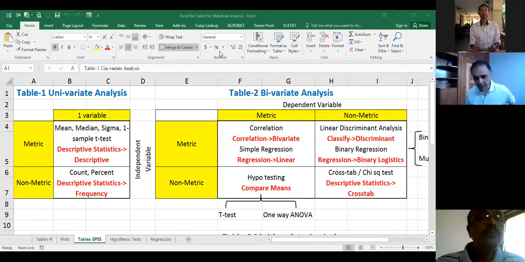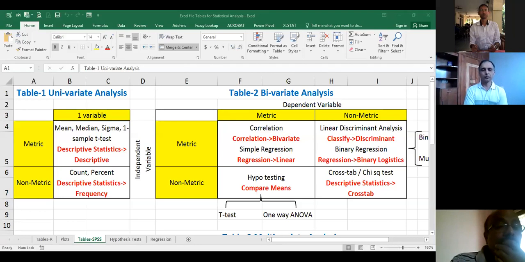What is table number 1, 2, 3? I am reconnecting, resharing my screen. So Suman, please give feedback. Is this visible to you? So I hope the screen is visible to all of you. The file I have already shared with Suman. He will send it to all.